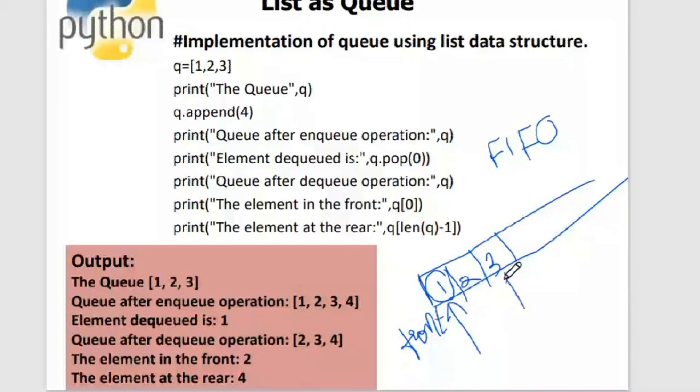The element in the front will be deleted first. If you want to delete an element from the queue, the first element in the queue needs to be deleted first. And if you want to insert a new element into the queue, you need to add it at the end. Say I want to add 4. So 4 will be added after 3, and then the rear position will be incremented to the next position. This is what is called a queue data structure. The queue data structure follows the principle first in, first out. Is the queue data structure clear to everyone?